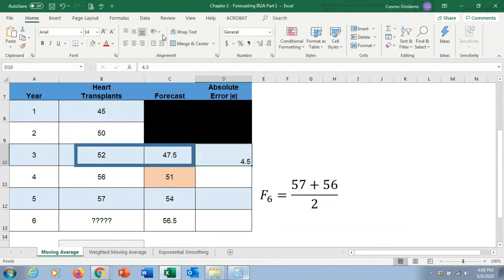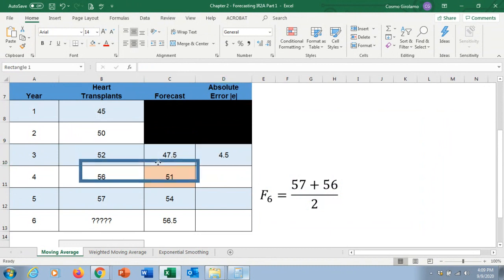Now, by absolute, I mean that I don't care if I was above or below. So if this gave me a minus 4.5, I would just lop off the minus sign. I only care how far away I was in my estimate. I don't care if I was above or below. So similarly here,